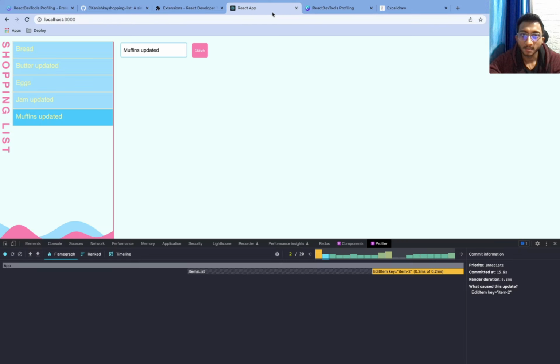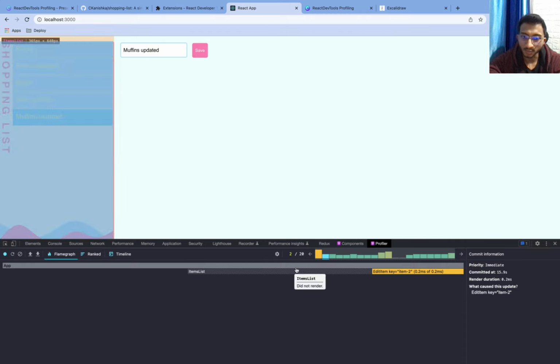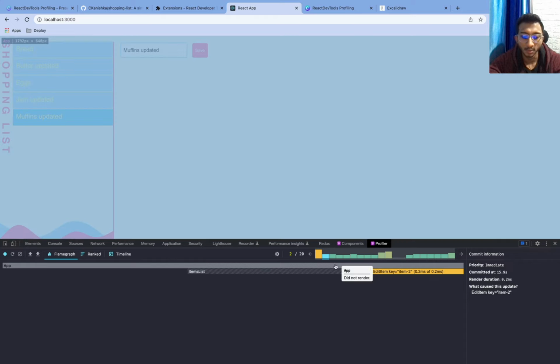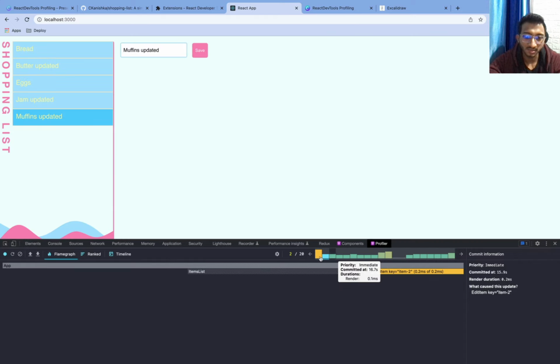Okay. So the next thing that you see in this tab, right? There is another graph that you see on the top. This is also following the same color convention. If you see, it's yellow, then it's going slightly less yellow, red, and then blue. So the color convention is similar, but what this one represents is